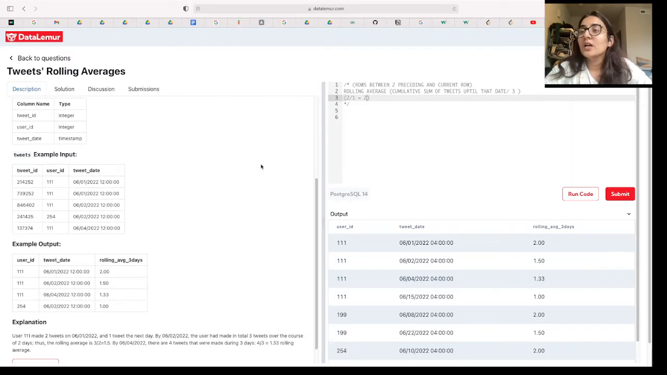Now, let's do an example input and see how the output will look for the 3-day rolling average. For the first tweet on 1st of June, we can define the rolling average formula as the cumulative sum of tweets up till that day, as you can see here, divided by 3, because we are calculating the 3-day rolling average. But in this case, if we think about it, the first tweet for the first user